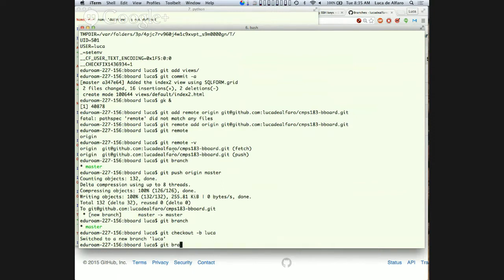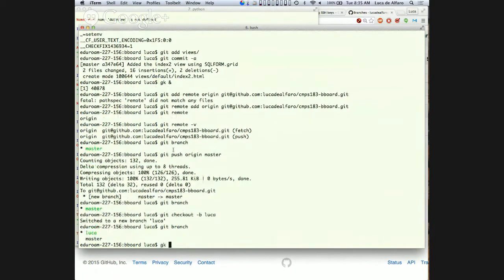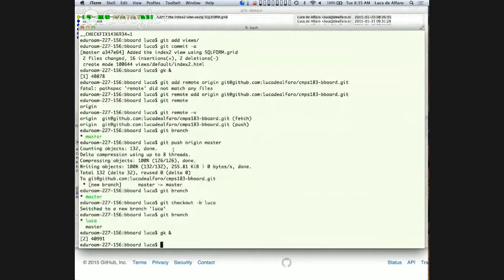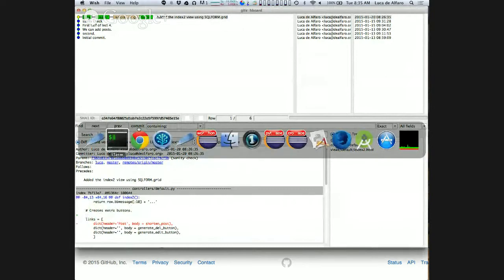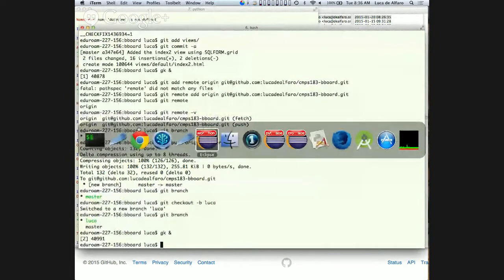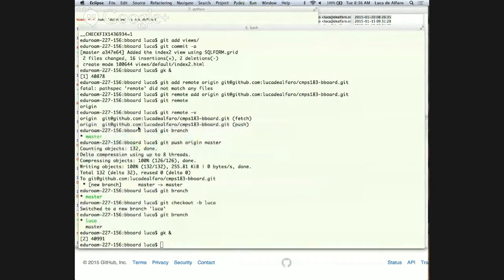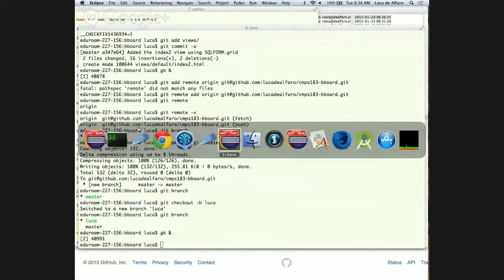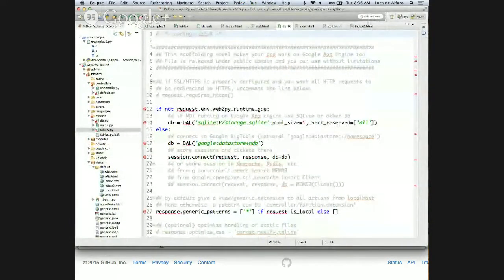So now I do this, and I switch to a new branch Luca. If I do git branch, it tells me that I'm in Luca, and if I do my beloved git k, here I am. It tells me that there is a Luca and a master branch and that they coincide. Okay, they're in the same place. Great. Now I have a branch, and I can do my change. And to do my change, I think here I still have my editor. One of these, yes, this one.